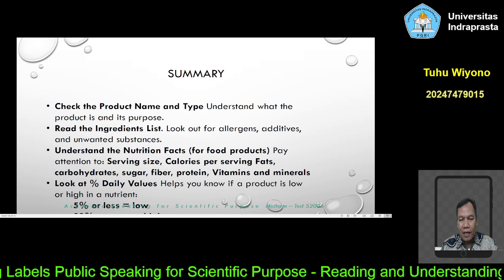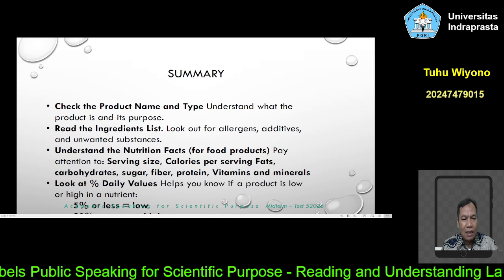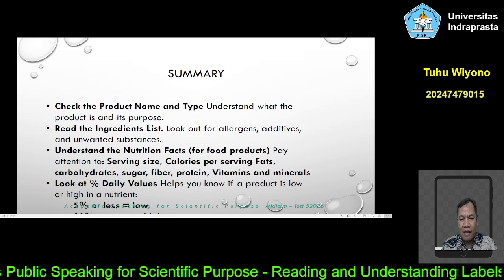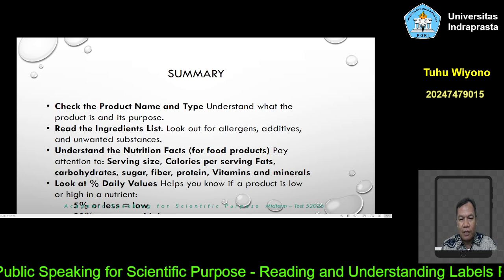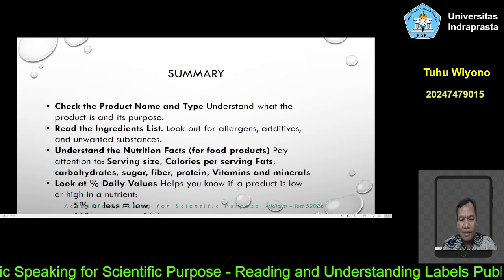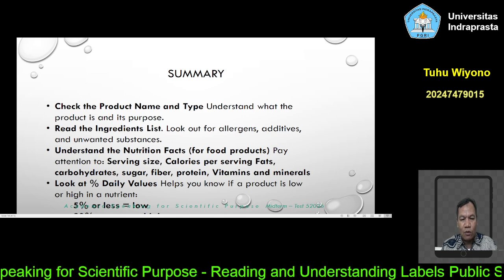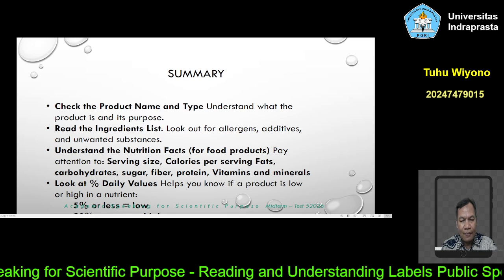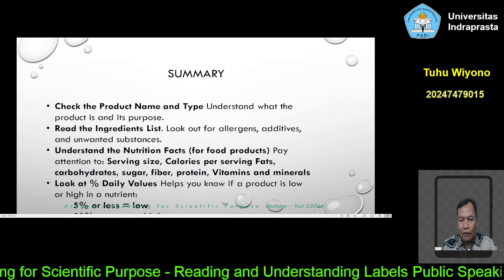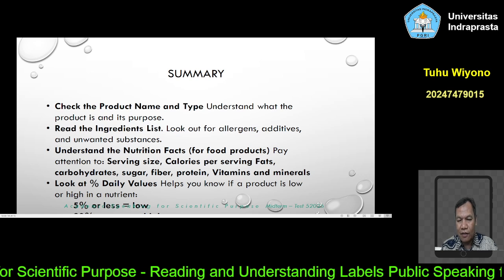Reading and understanding labels, we should follow the following instructions. First, check the product name and type. Understand what the product is and its purpose. Read the ingredient list. Look out for allergens, additives, and unwanted substances. Understand the nutrition facts for food products. Pay attention to serving size, calories per serving, fats,